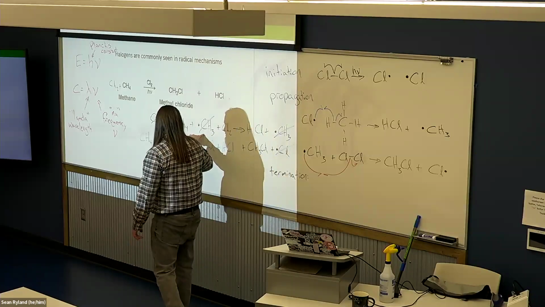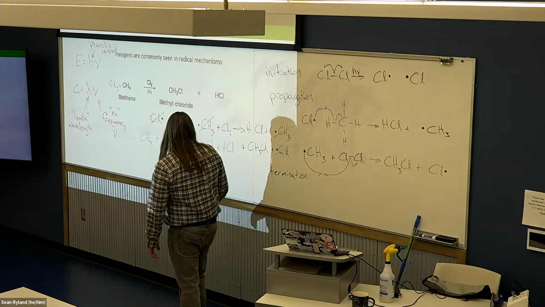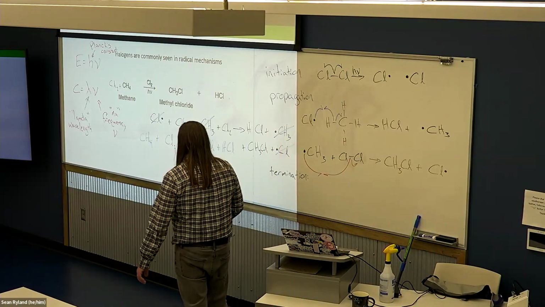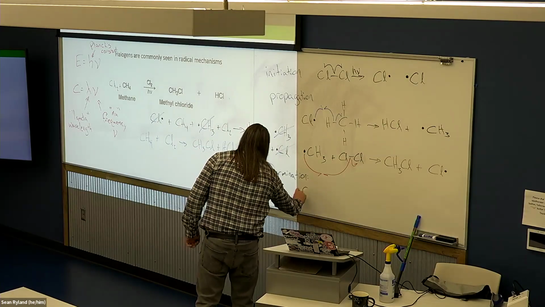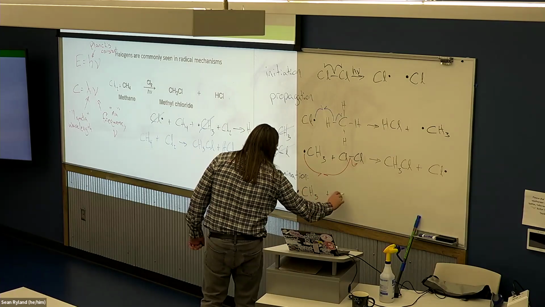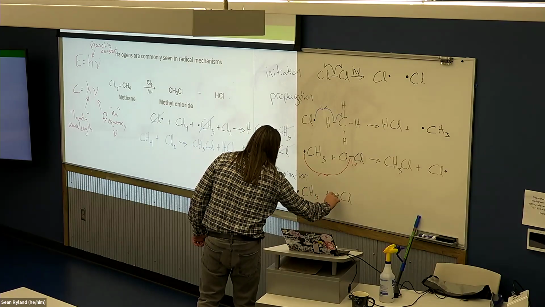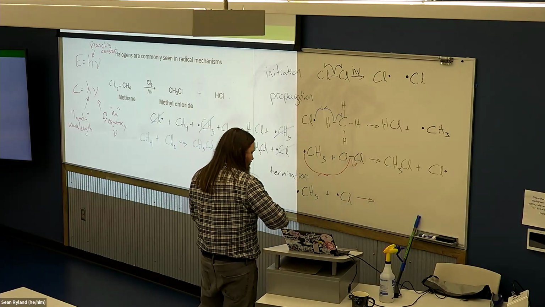So basically, methyl radical and chlorine radical are what cancel out, right? So the termination step, we're just going to show them running into each other. Okay, so CH3 radical plus chlorine radical. When those react,